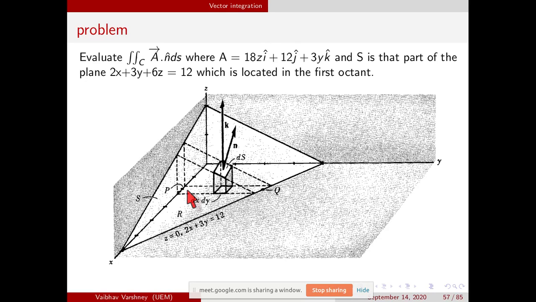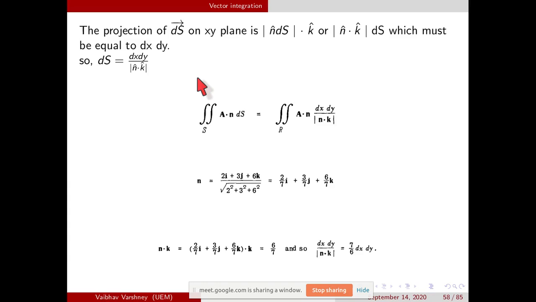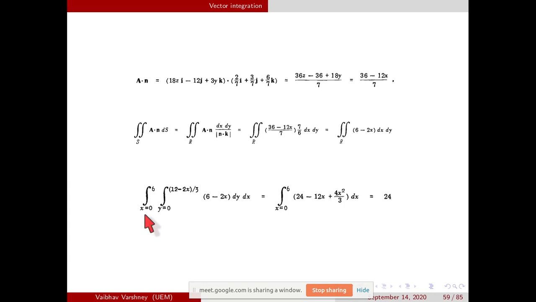And now we want to calculate the x limit, because we integrated through y. So only the x axis remains, and if we are on the x axis, it means y and z are 0. So then x will be 6. So the x limit will be 0 to 6. And now you just need to do the direct integration. You already know the formula, x to the power n plus 1 upon n plus 1.